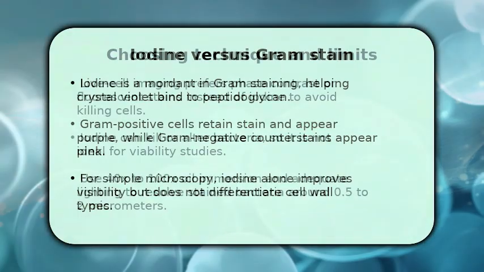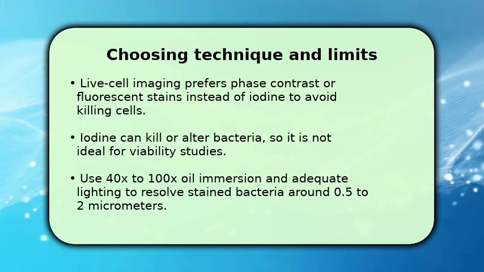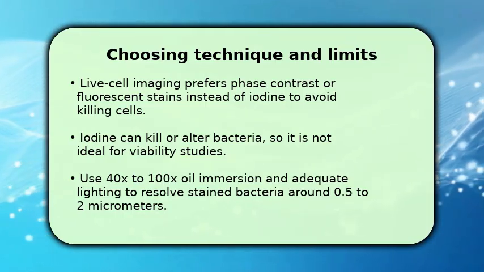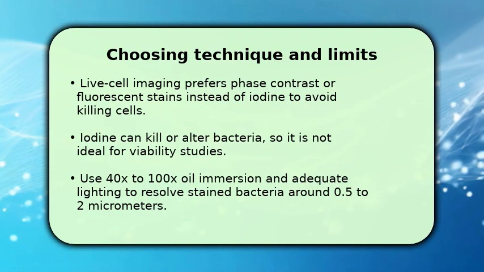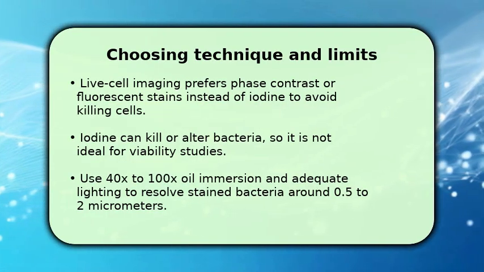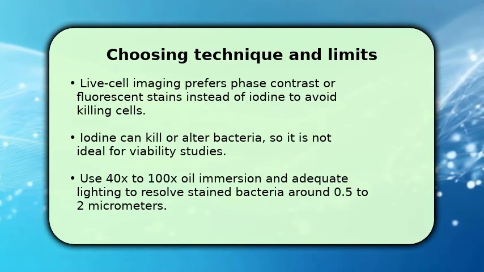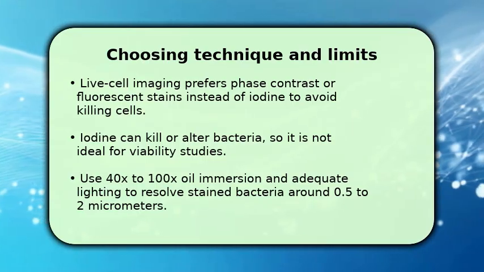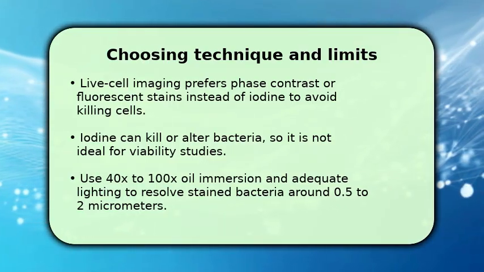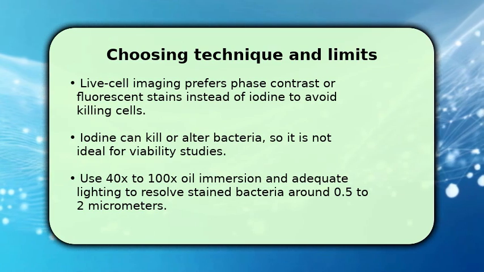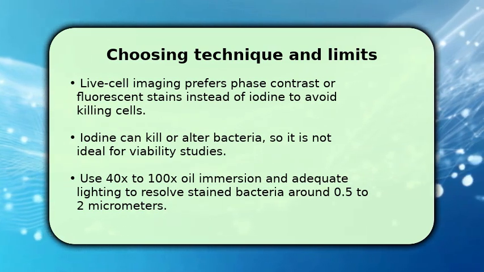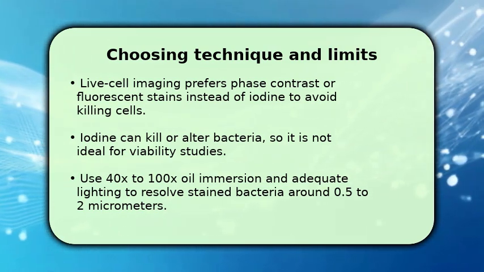Live cell imaging prefers phase contrast or fluorescent stains instead of iodine to avoid killing cells. Iodine fixes or damages membranes in many species, so consider alternatives when tracking motility or viability. Iodine can kill or alter bacteria, so it is not ideal for viability studies and should be reserved for morphology